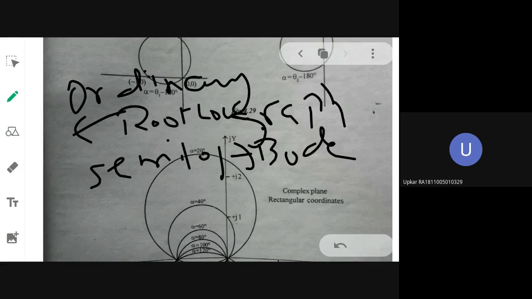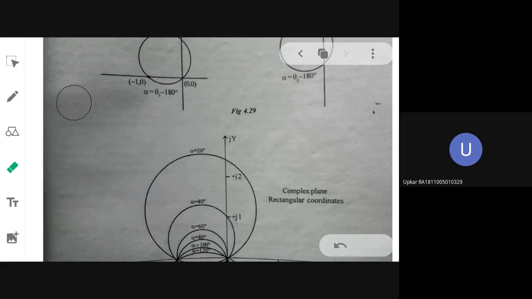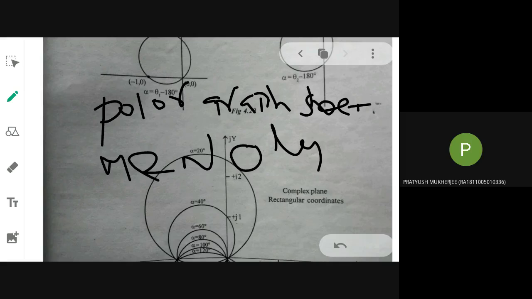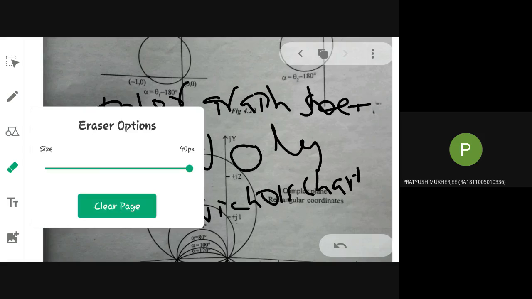Now, there is polar graph sheet also, which you are familiar with. In it you will draw the polar plot and Nyquist plot. There is also the M and N circles, or Nichols chart, they call it. You can download a PDF and check how the Nichols chart is. In Google, put Nichols chart and you will be able to see it.